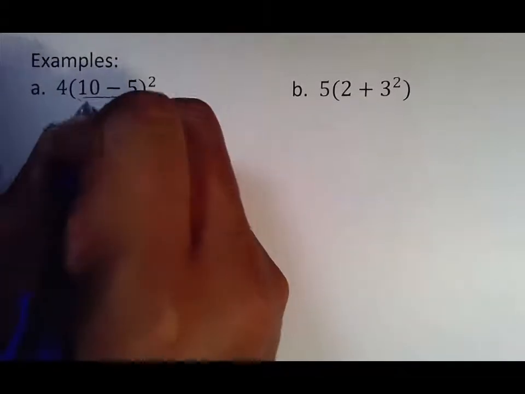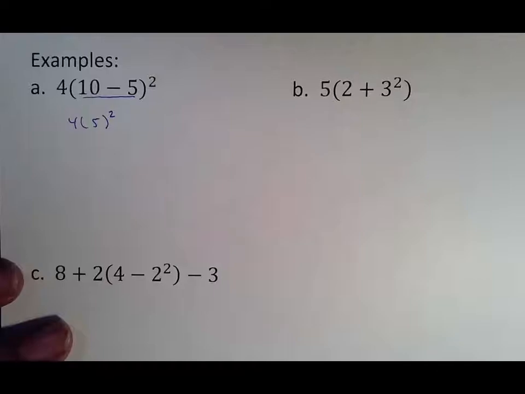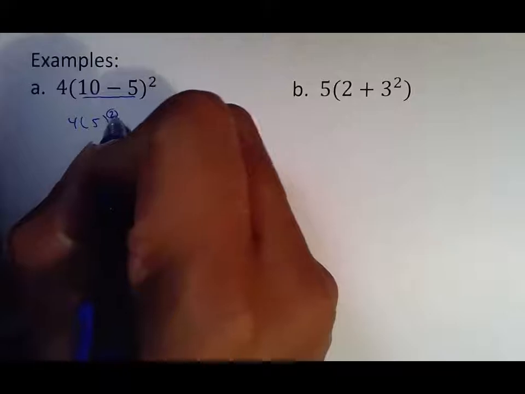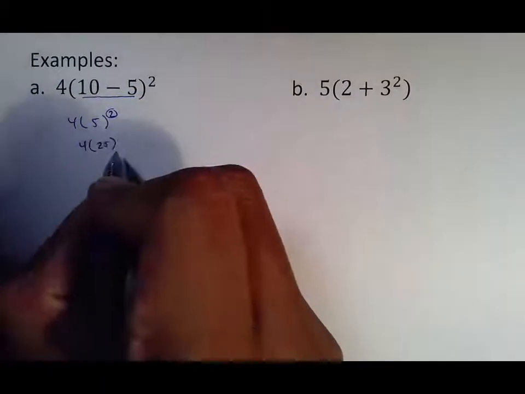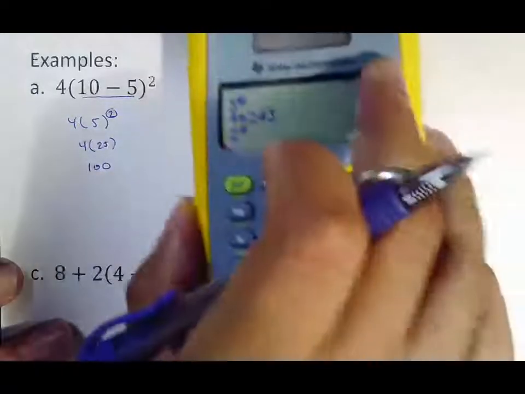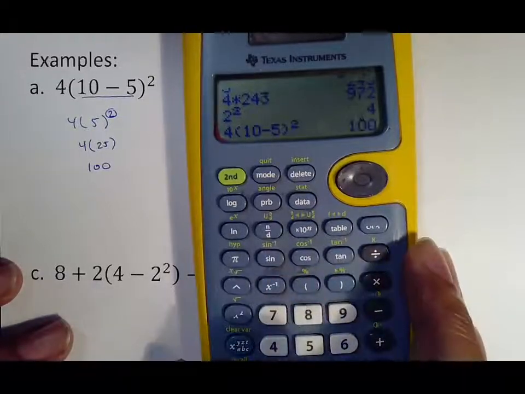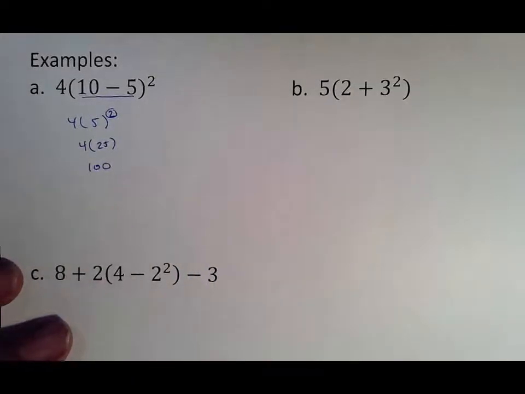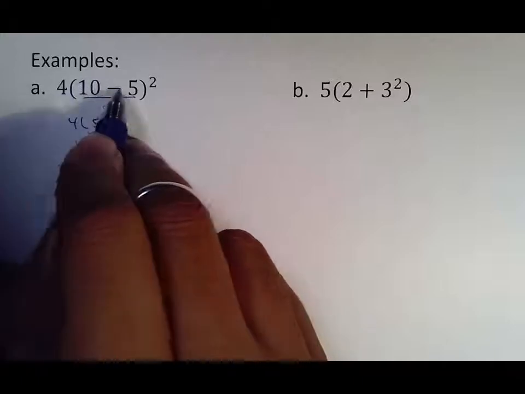So we do 4 parentheses, 10 minus 5 is 5, and we copy our second power. We now go through everything else, which is take care of the small floating numbers, which we have there. 5 squared means 5 times 5, which is 25. Now I do 4 times 25, which is 100 because 4 quarters make 100. And again, for proof, 4 parentheses 10 minus 5 closed squared equals 100. So your calculator is verifying that for you. Again, a parentheses just means before you do any of that other stuff, make sure your parentheses is simplified down